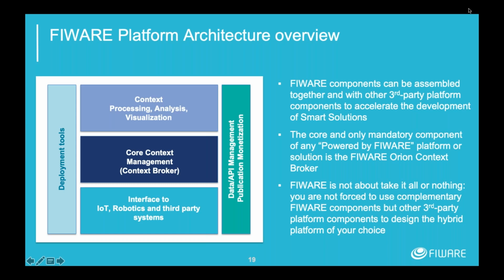The other thing which goes in the core layer is that you can do things like data persistence and short-term history and what have you. But the only mandatory thing is to take the central point. As an example, on the right-hand side, we keep the security components. Obviously, you want to have a secure system, but you don't have to take our secure system. You can take an alternative security system.